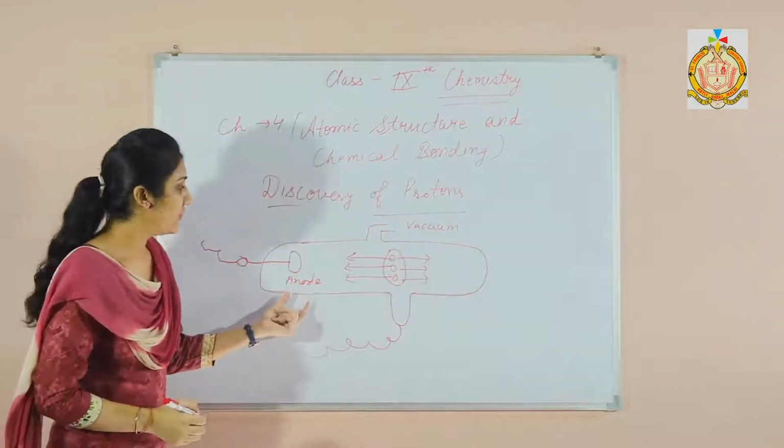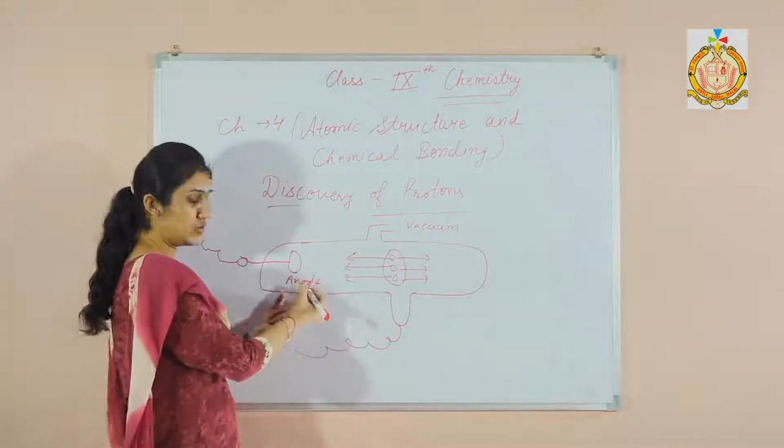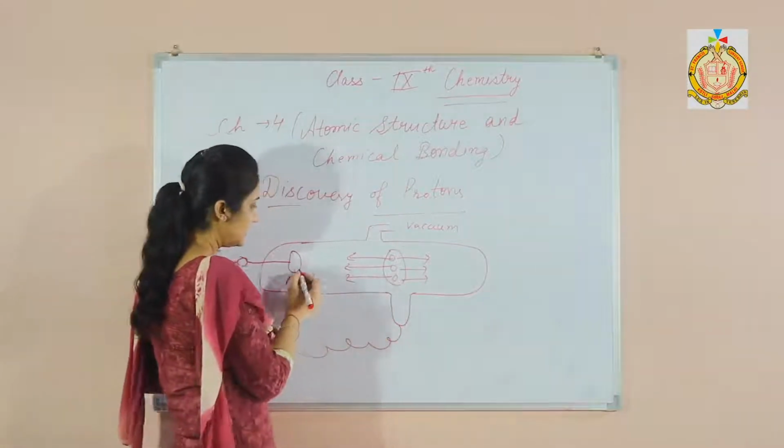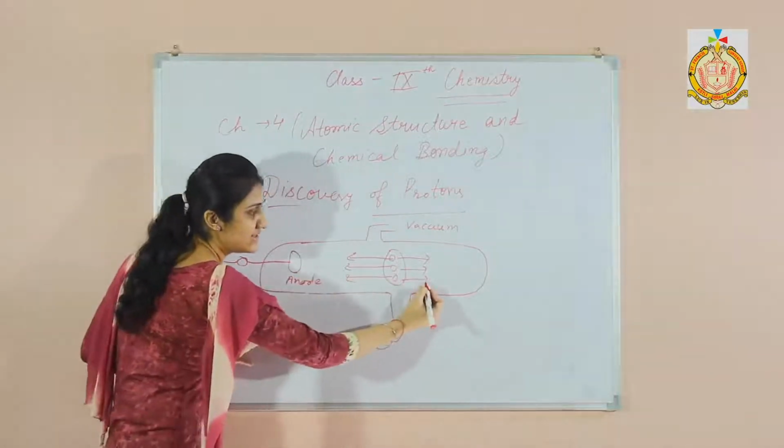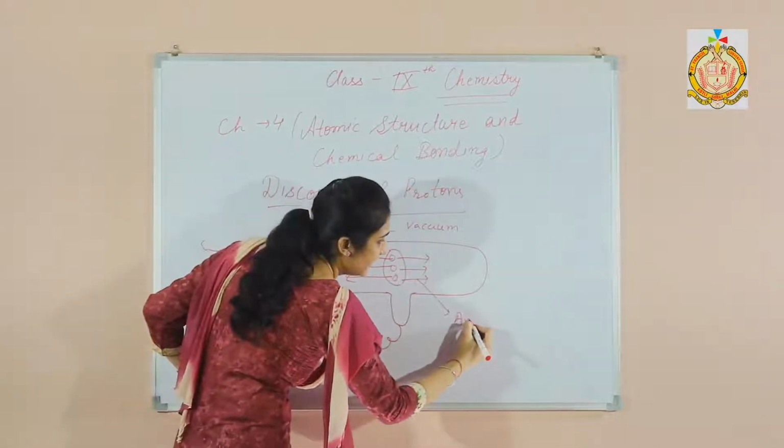The rays which were emitted from the anode are called anode rays. Since these rays are emitted and go to this side, these rays are anode rays,